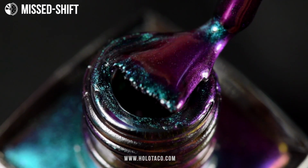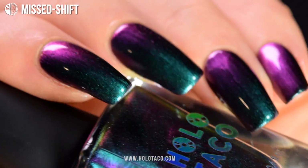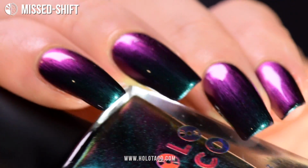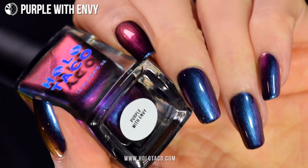Don't pop the clutch, don't miss that shift, and get your nails into gear with Mist Shift and watch them turn from bright green to purple. A real classic. Next up, we got Purple with Envy, and boring nails are jealous of how many colors this